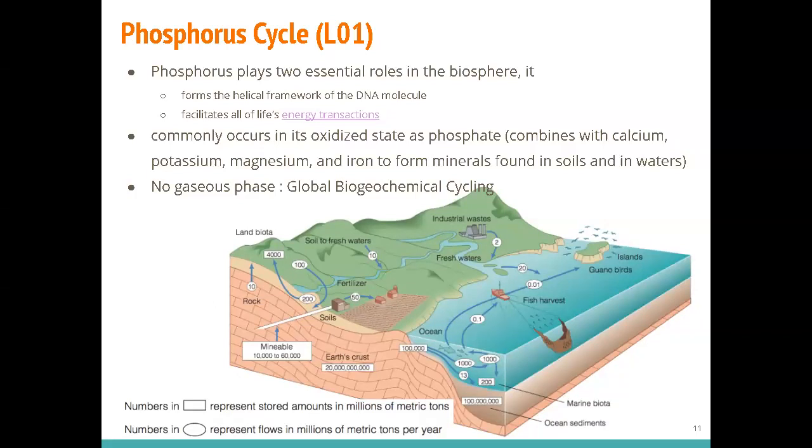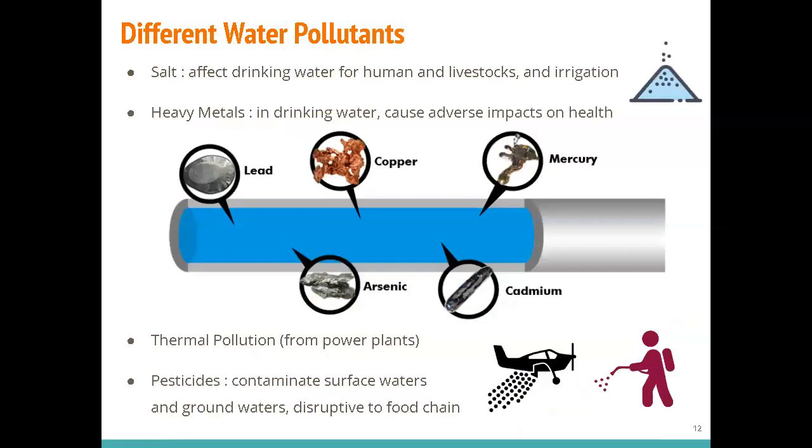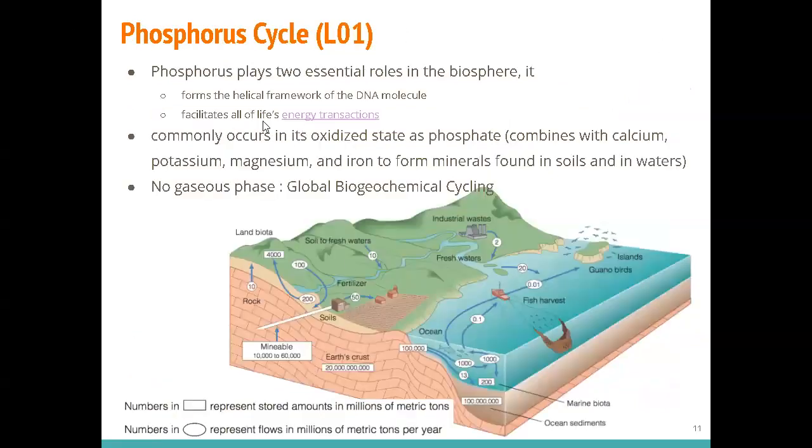Okay, we also have the phosphorus cycle. So phosphorus is supposed to be in the Earth system. It's supposed to be circulating in the Earth system in different parts. Okay, in the ocean and in the solid part of the Earth, there's circulation. We just don't want too much phosphorus in one location. So this is a slide trying to show you that we do need phosphorus in our bodies, okay, because we need that for energy transactions.